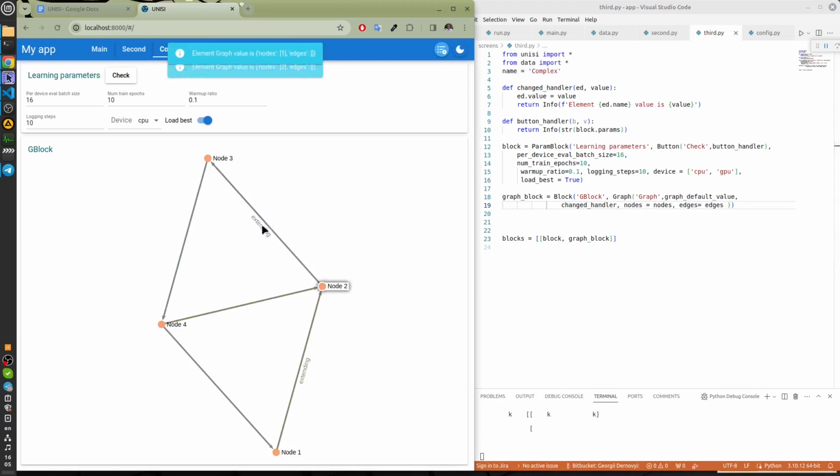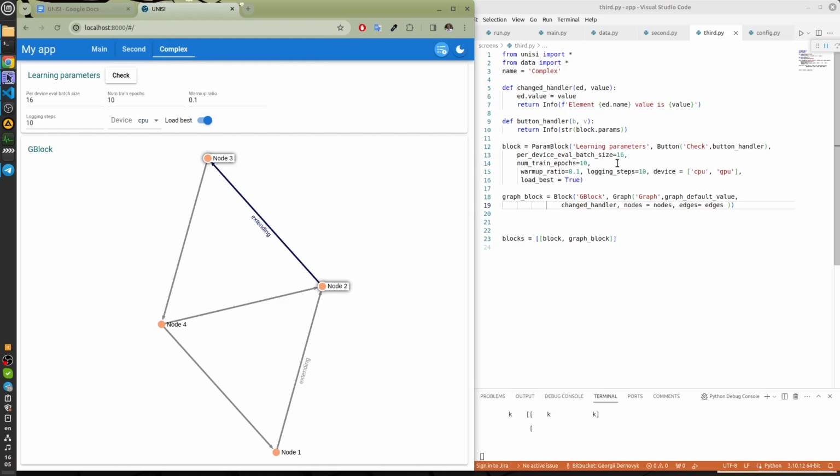Let's select an edge. Here we have the edge, but not the nodes. We can select the edge and nodes. When we press the Shift key, it is multi-select mode. The window shows selected nodes and edges indexes. Let's select another node. 2 nodes and an edge. These are their indexes in nodes and edges arrays.